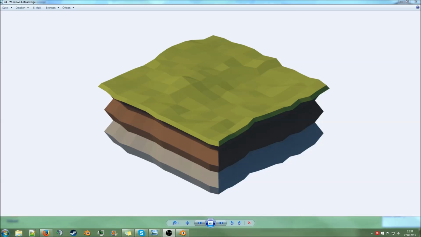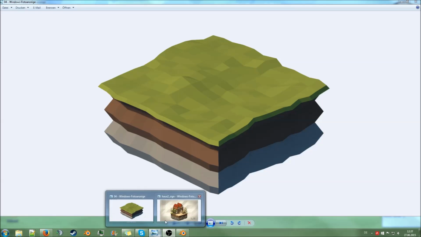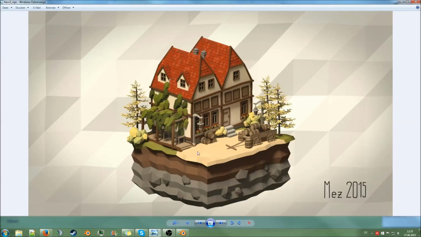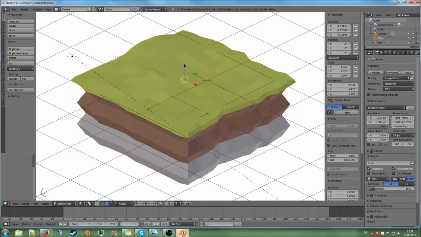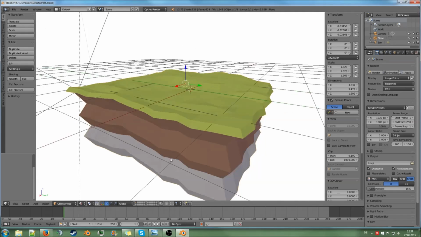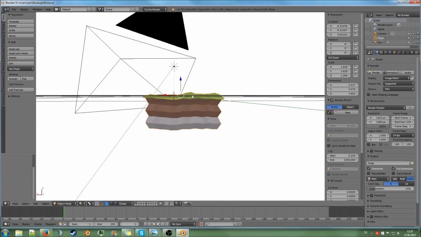The last one is my kind of standard isometric platform. You can use this in a bunch of isometric scenes. I used it for the houses that I'm working on right now, so you can see that it is really useful for isometric scenes. So let's recreate those in Blender. This is how they look finished. This is a very thin one, but I guess we are gonna make a